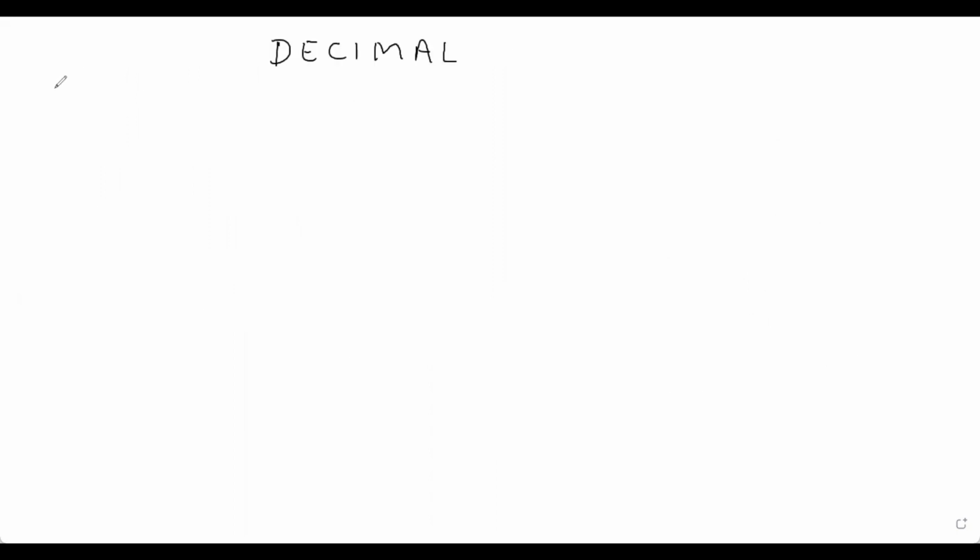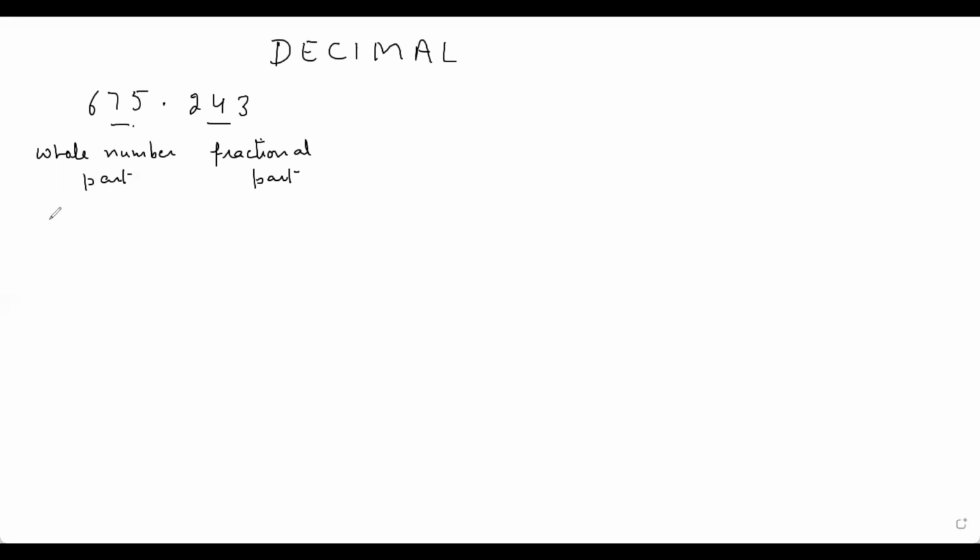So I'll try to explain what is decimal, and I'll explain it with the help of an example. Suppose I have a number 675.243. There are two parts. One part is this, one part is this. This is called whole number part, and this is fractional part. Now these two parts are separated by this dot, and this dot is called decimal.